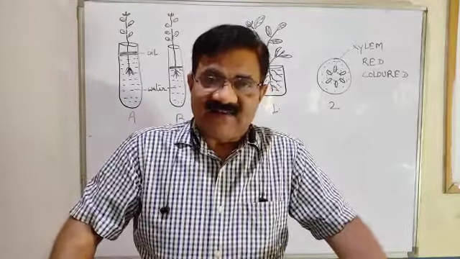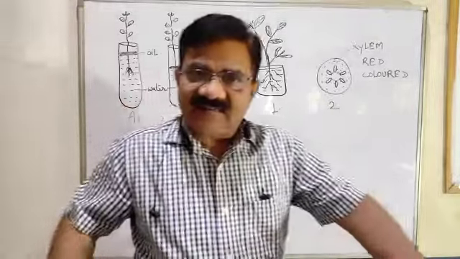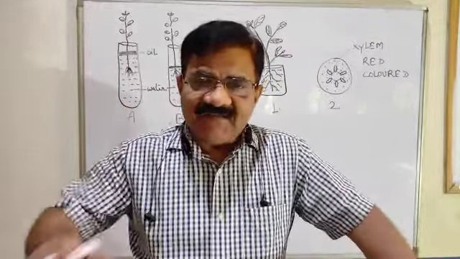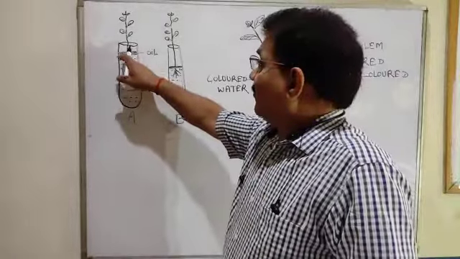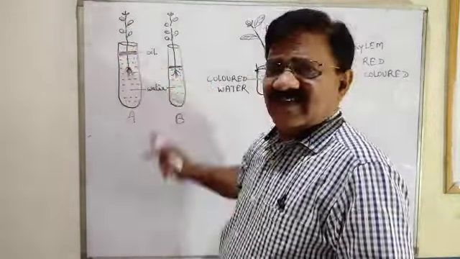Let us discuss. Dear children, this water was absorbed by the roots of the balsam plant, and due to absorption of water, the water level went down. And why have we put the vial? The vial is lighter than water. It forms a film, a layer over the surface of the water and prevents surface evaporation. It means water is not evaporating from here because a layer of vial is there.